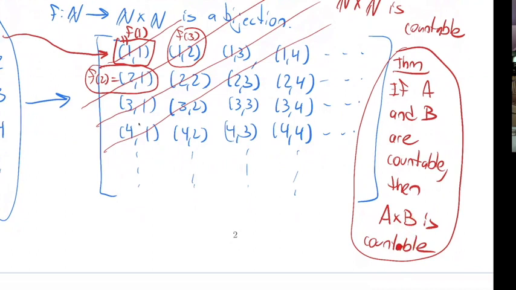The textbook actually does one for a whole bunch. Does it do it by induction? Yeah, they say if A1 through AN are each individually countable, then the Cartesian product of all of them is countable.